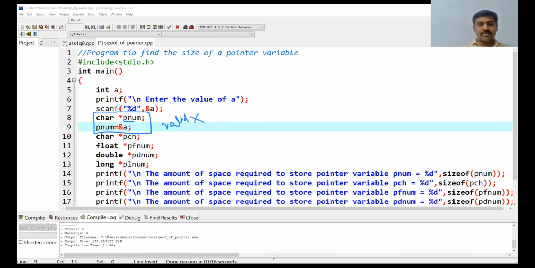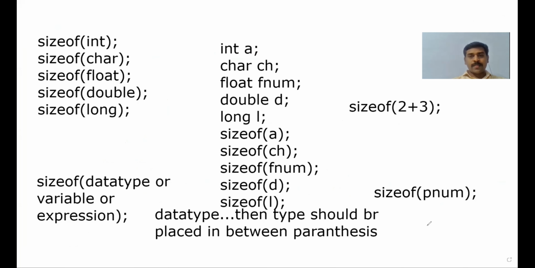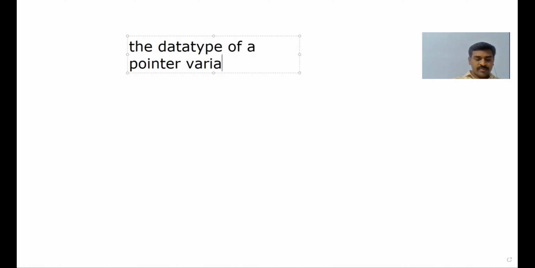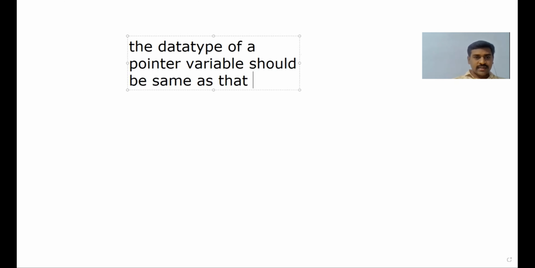I am writing the statement here: the data type of a pointer variable should be the same as the data type of the variable it points to.